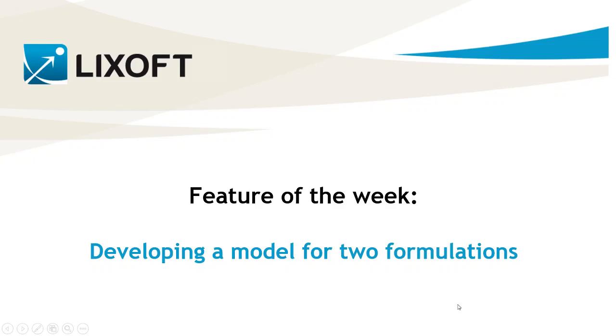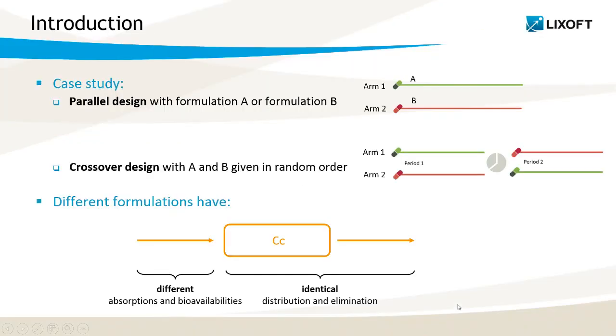Hi everyone. Today I will explain how to handle two formulations within the same dataset and how to develop a model for this situation. I will consider two different situations. The first one is a parallel design where patients have received either formulation A or formulation B, and I will then explain how to handle the crossover design where A and B have been given in a random order